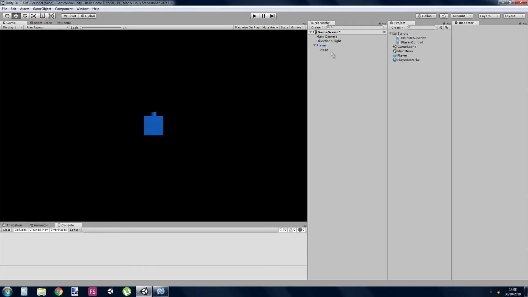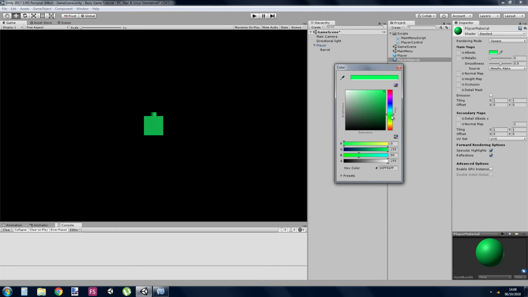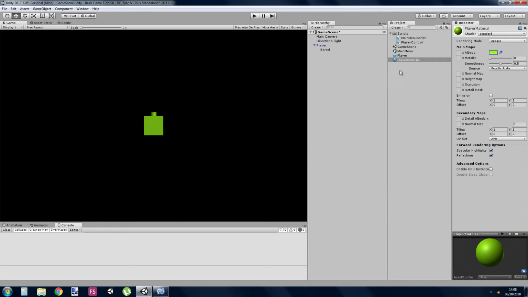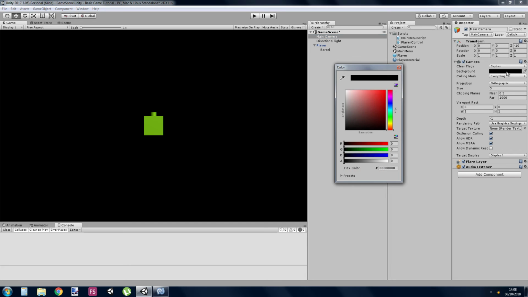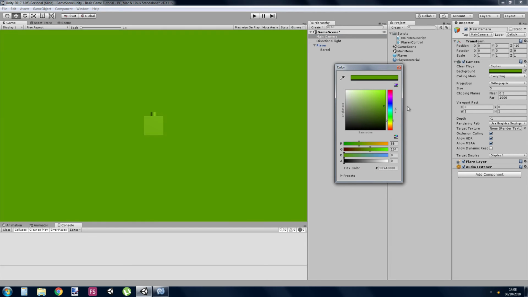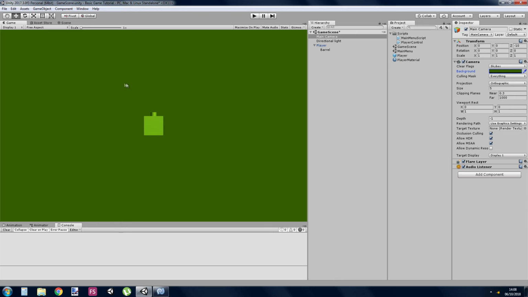Could make a tank. Let's mess around with it. Let's make a tank. So we've got, let's call it the barrel instead. And I'm going to change him to green. Green tank. There we go. The camera background to a green grass. Right, so